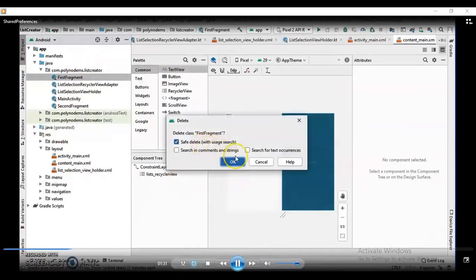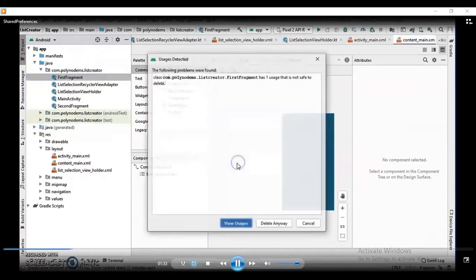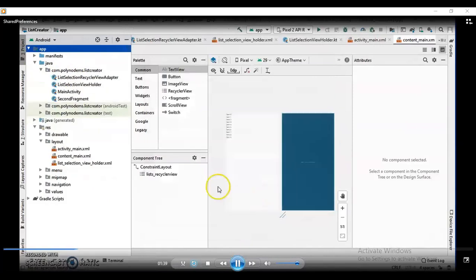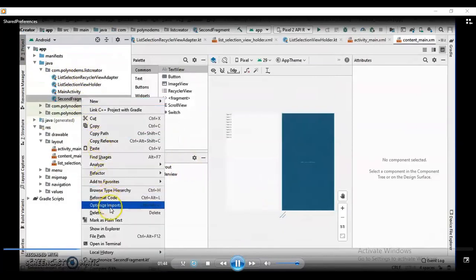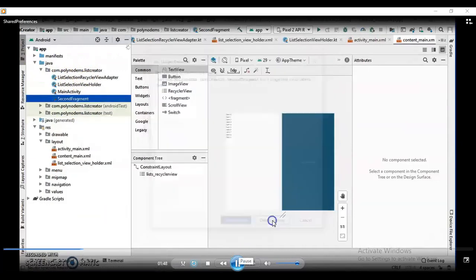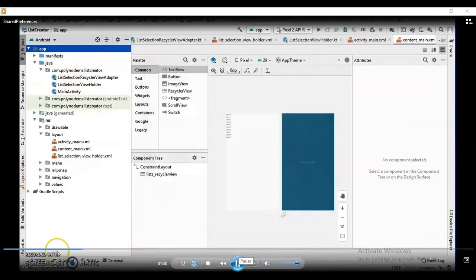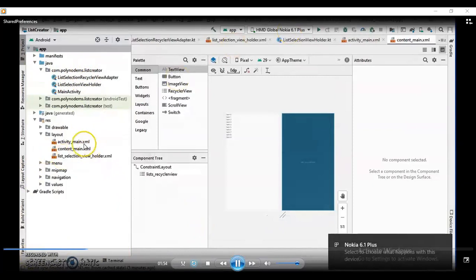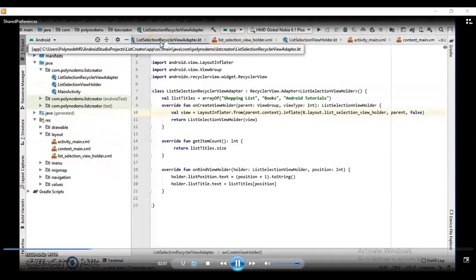Deleting here, right? So if you are using the latest version of Android Studio, and if you select the basic activity, these two fragments are automatically added to your application, but they are not of any use. Therefore, I am deleting those Kotlin files as well as the corresponding XML files. After that, I will make changes